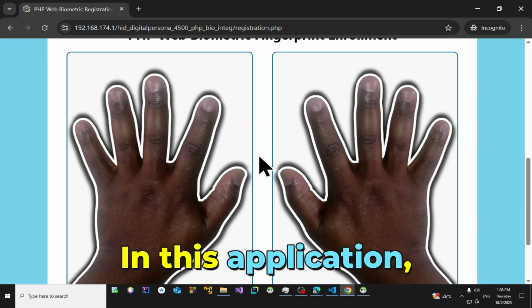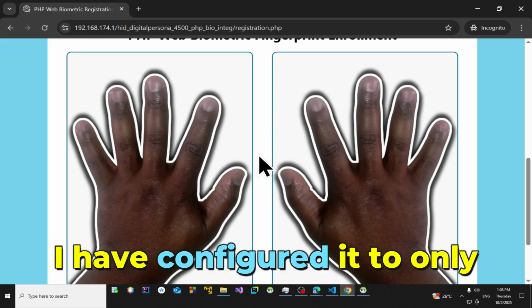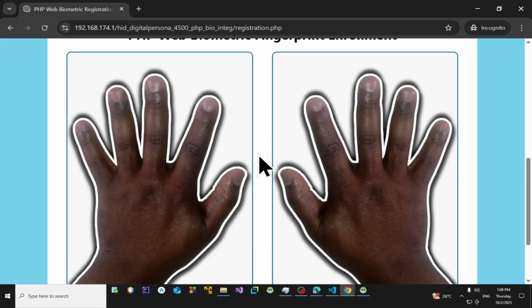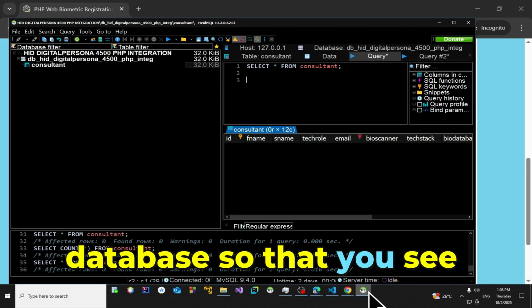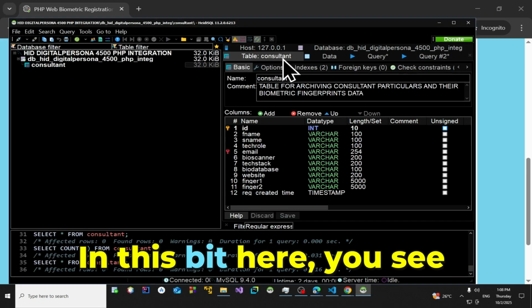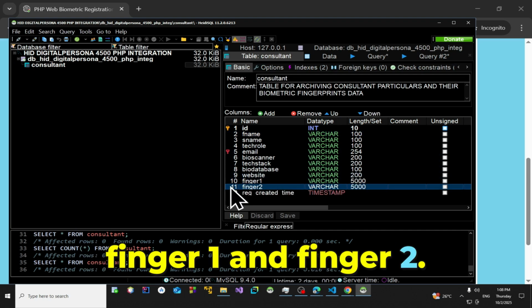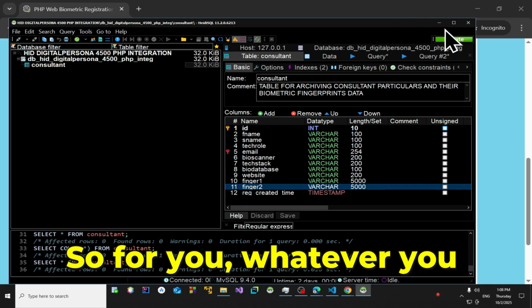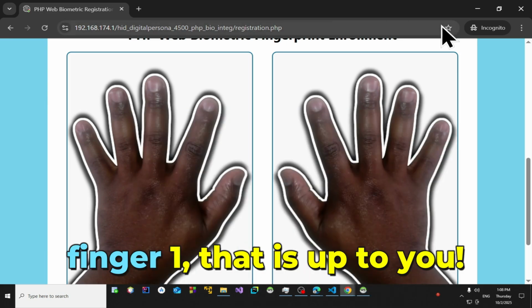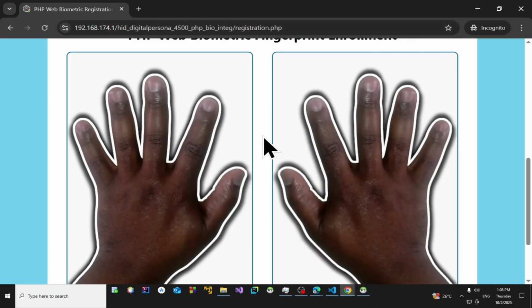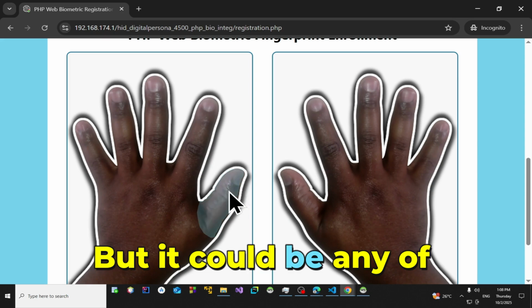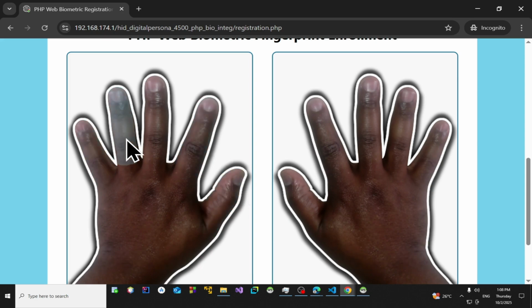In this application, I have configured it to only take 2 fingers. Let me take you to the database so that you see that. In this bit here, you see that we are only saving finger 1 and finger 2. So for you, whatever you will decide to be your finger 1, that is up to you. But it could be any of these fingers right here,